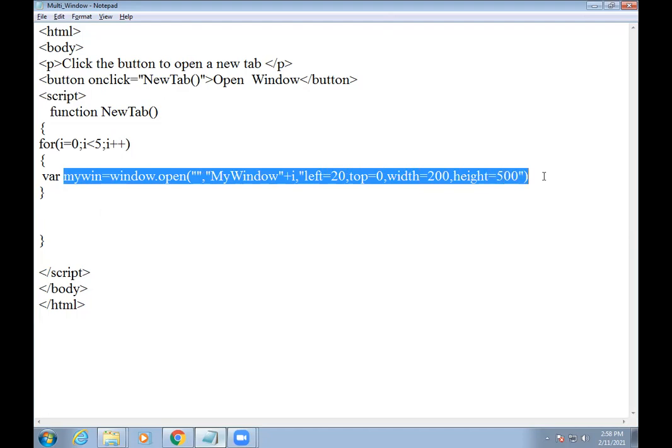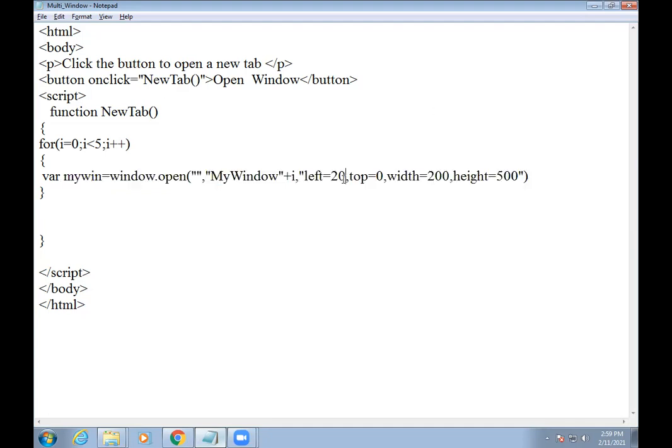You can see that I just changed some parameters, or attributes, of the window open function. You already know which parameters we use: the URL, our window name, and other attributes, such as left, top, width, height. We didn't use left and top at first, but I mention them here, and I will change those values first.